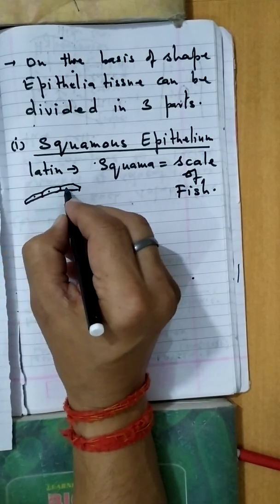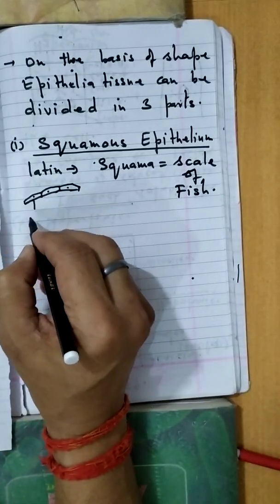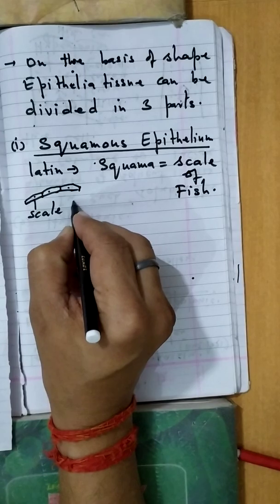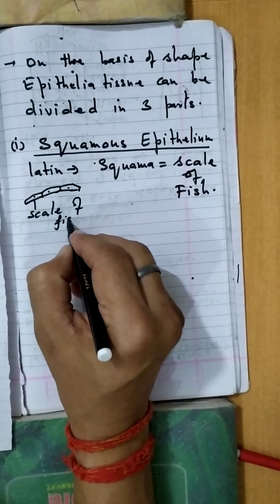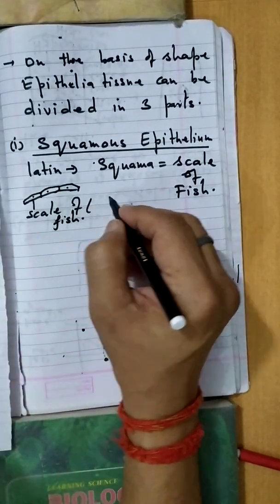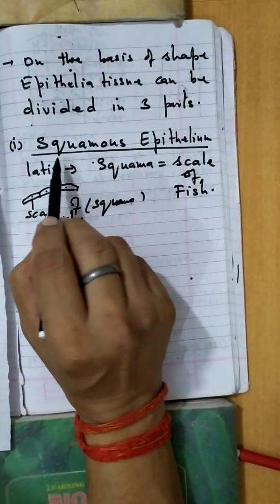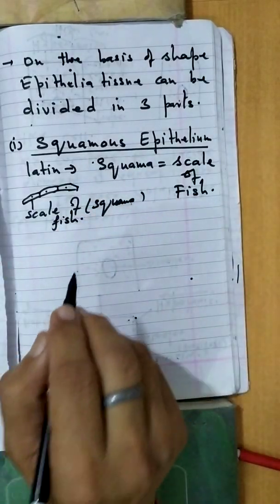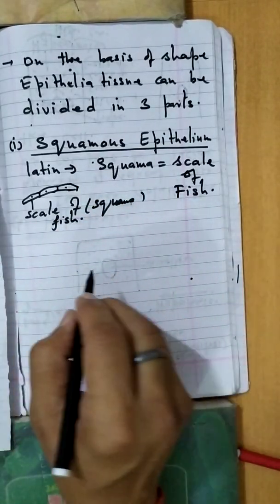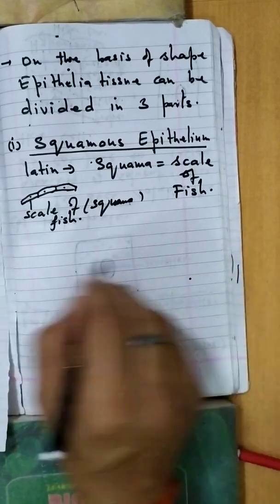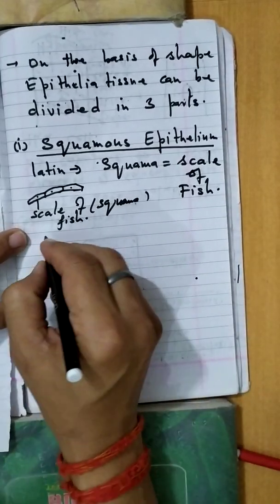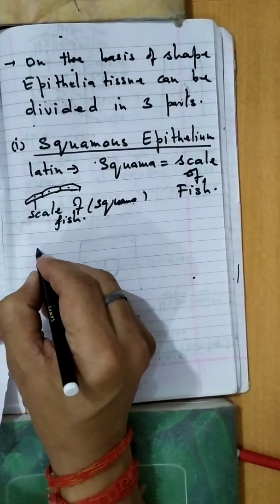So this is called scale of fish, and in Latin it is called squama. So this tissue is known as squamous epithelium. Further, squamous epithelium is of two types: